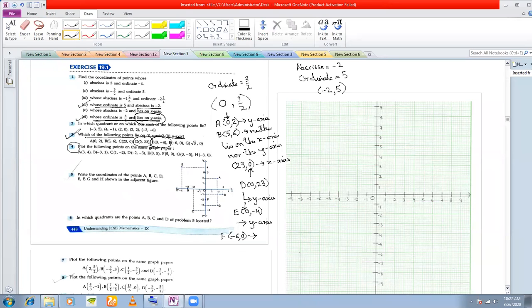Where does it lie? The y coordinate is 0, so therefore it lies on the x-axis. And finally, you have G (√3, 0). Where does it lie? The y coordinate, or the ordinate, is 0, therefore it lies on the x-axis. So that is what, and